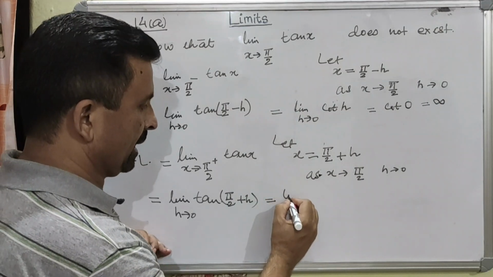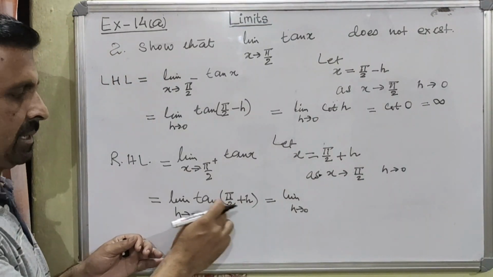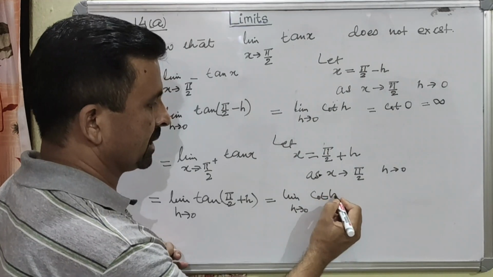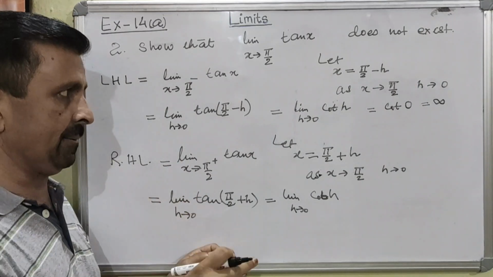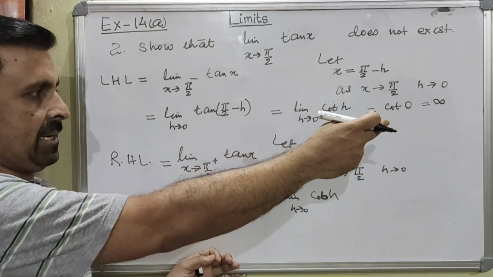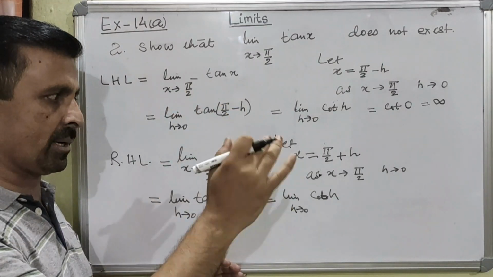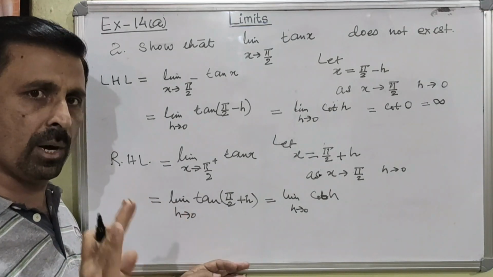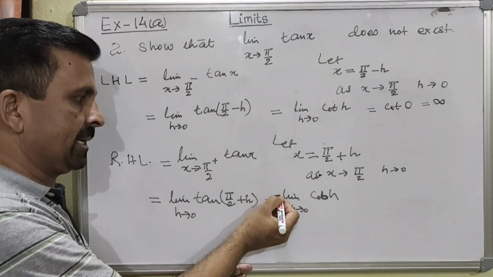Now this trigonometrical ratio will change. So this will be limit h tending to 0, tan of pi over 2 plus h. That means again the trigonometrical ratio will change, so this will become cot of h. Okay. Now we have to be very mindful also about the sign. Here, pi over 2 minus h came in the first quadrant, that is why we did not discuss the sign, and it came out positive. But here pi over 2 plus h will go in the second quadrant. In the second quadrant only sine and its reciprocal cosec are positive. Remaining all will become negative. And this is tan, so this will become negative. Therefore I am writing that minus sign here.